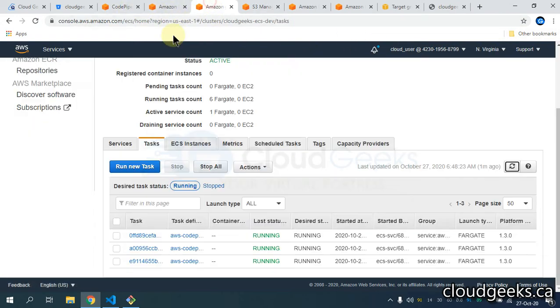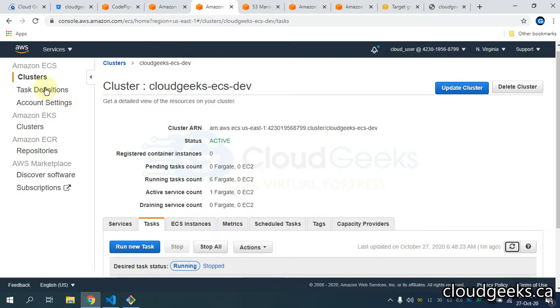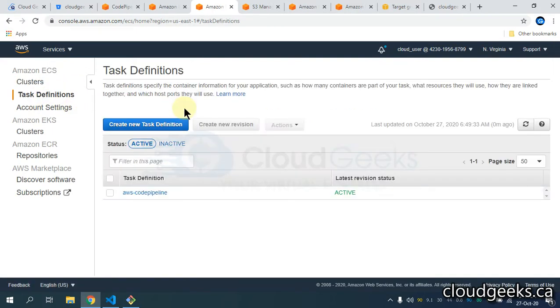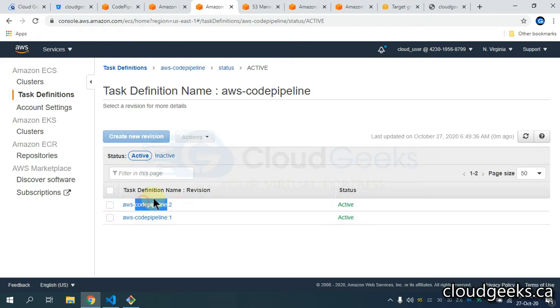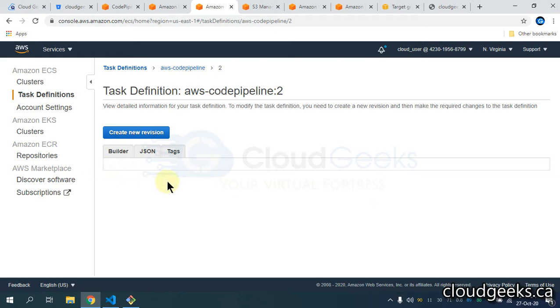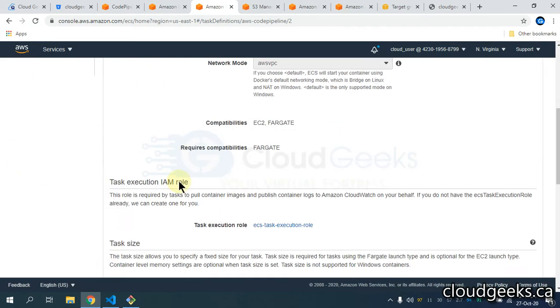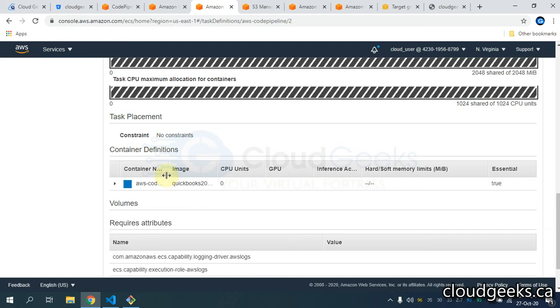Also I need to show you, navigate to the task definition, that these are the things you should be looking at after the deployment. If you click on the task definition, see the container and see what image it actually pulled. So I guess okay, that is the same image.